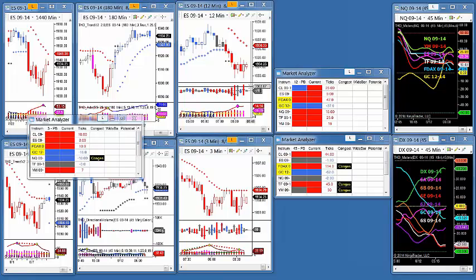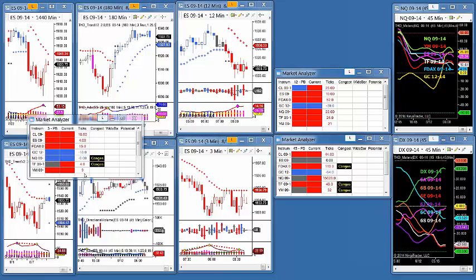Okay, so on the market analyzer, we have the previous bar and then the current bar. You can see on the Russell it flipped from being blue to gray and red. So we went from a blue trend to now a red trend. We can also see on crude you're 17 ticks away from the ATR. On the ES you're 4 ticks away. On the DAX, you're 14 ticks, okay? So any of these numbers is just telling me how far away I am from an ATR to take a